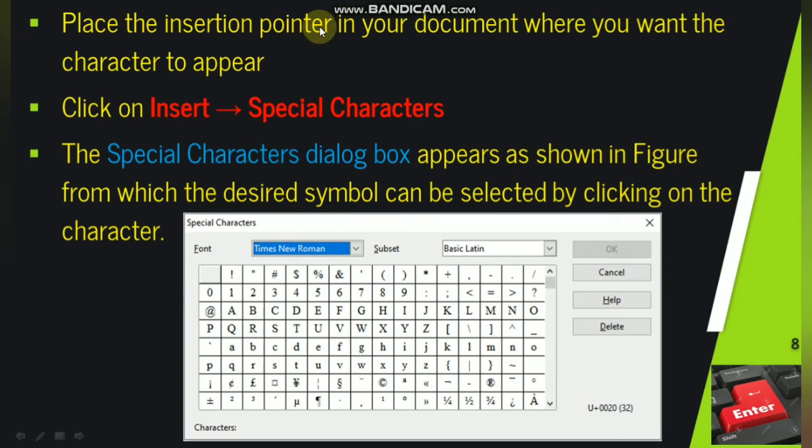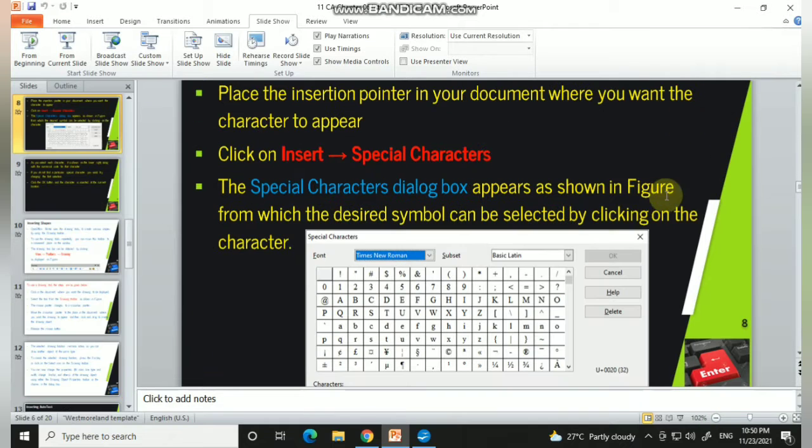Place the insertion pointer in your document where you want to type the character, click the Insert menu, and in Insert choose Special Characters. This is the Special Characters dialog box, and here you can see some of the special characters which are available.